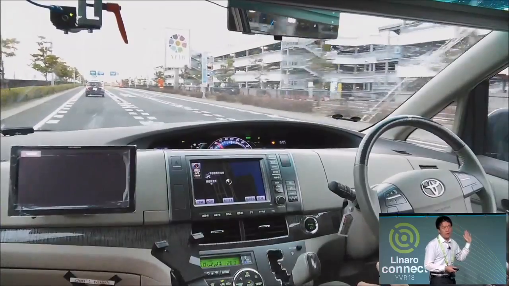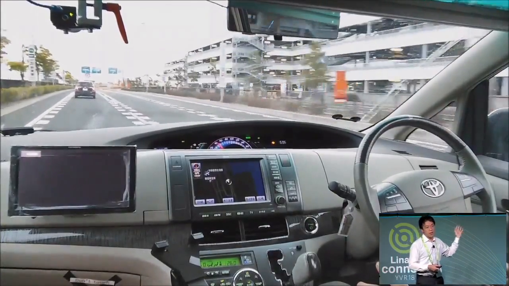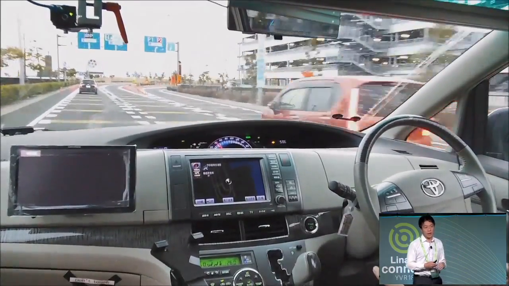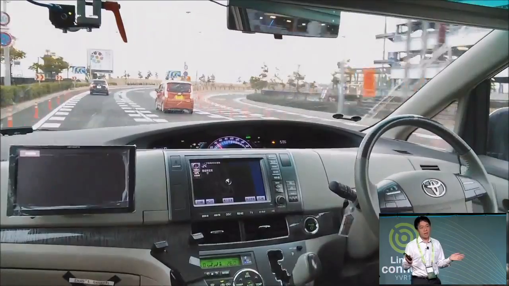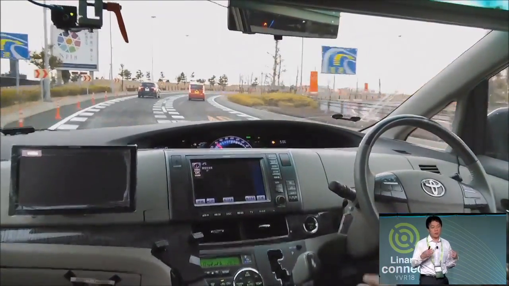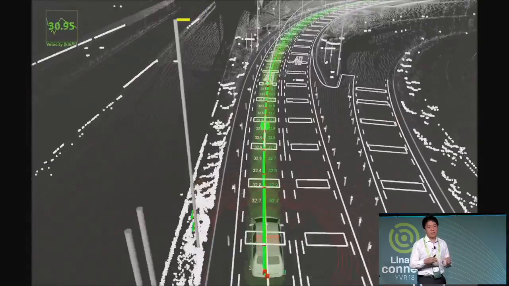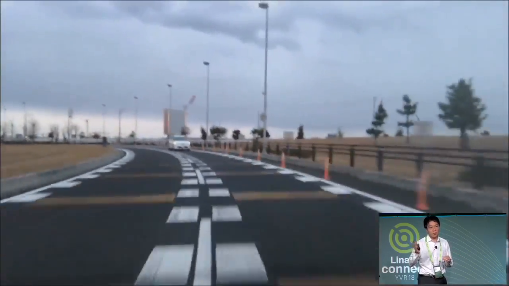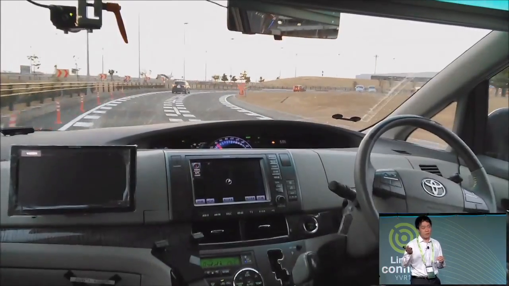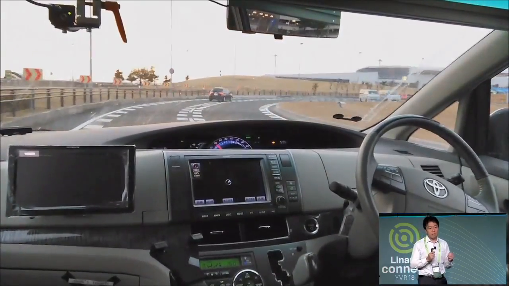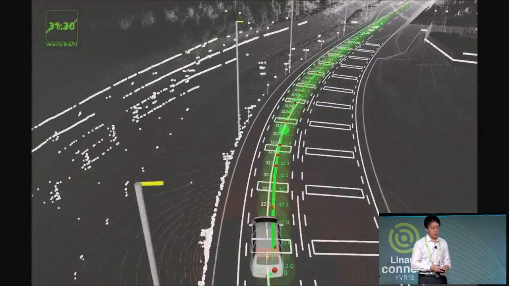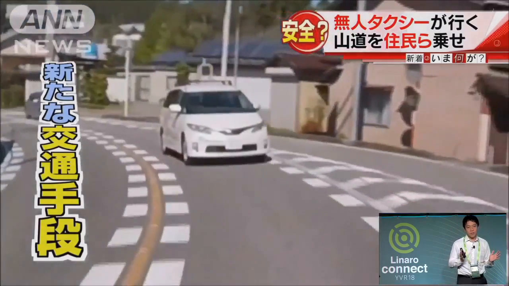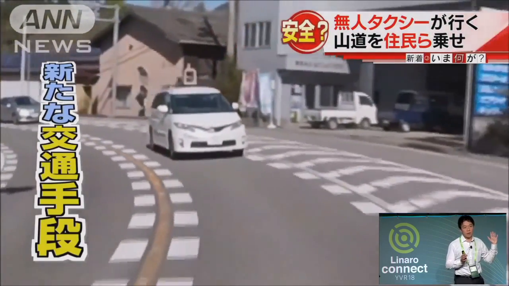But yes, in terms of technology, if we try this, say, 10 times, then we could do this 9 out of 10. But still, the problem is how to handle it when the car fails. In order to deploy the technology, we can't reach 100%, but we have to reach maybe 99.9%, and the rest of the risk should be covered by insurance or social approaches. And we also already have potential passengers try the ride, because